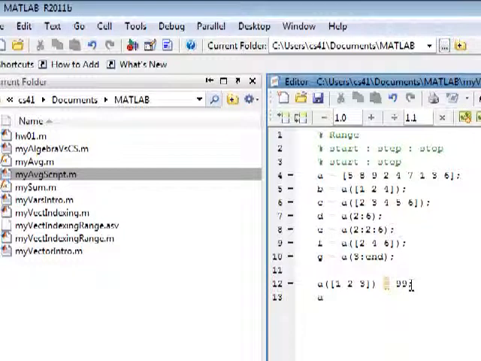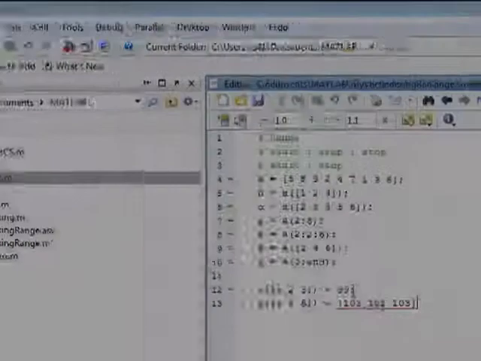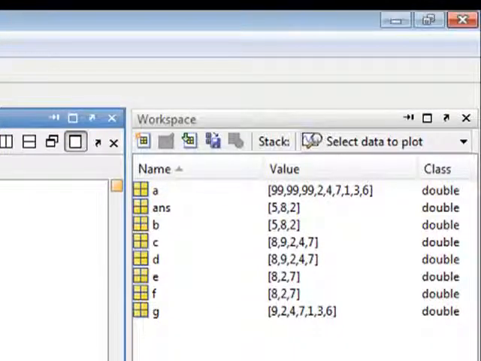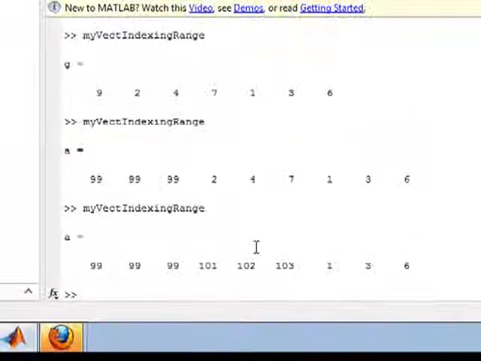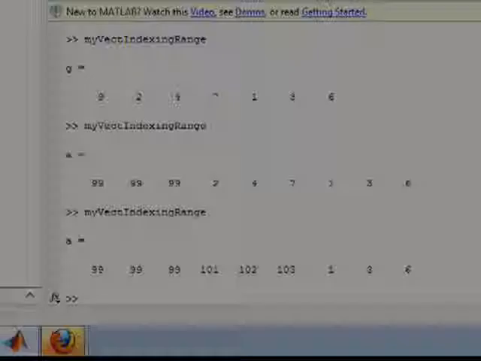Let's say instead of doing it that way, I say A at the 4th, 5th, and 6th elements, replace those elements with the vector 101, 102, 103. Right? And I run this one, and that works fine as well. You see, I replaced those 3 elements in the vector at locations 4, 5, and 6 with the values 101, 102, and 103. So it shows up here in the workspace and down here in the command window. So that works fine. Now, where you get into trouble